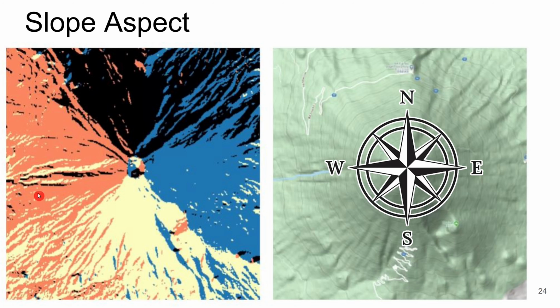This orange area is facing more or less west. This yellowish area is facing south, and this bluish area is facing east. So if you were standing on this slope, looking out this way, you'd be looking east. If you were standing here, you'd be looking north. If you were standing here, you'd be looking west. You'd be looking south. And slope aspect is really important for plants, especially because slope aspect controls how much